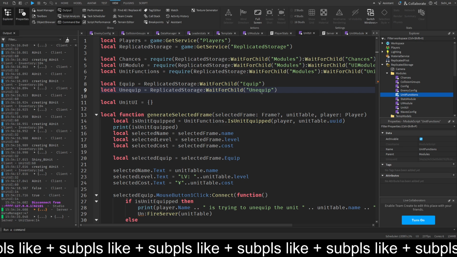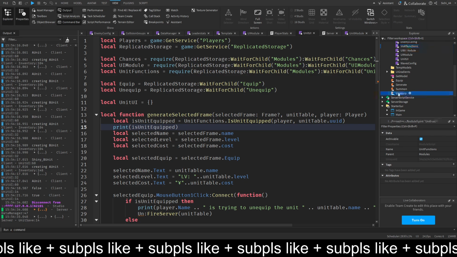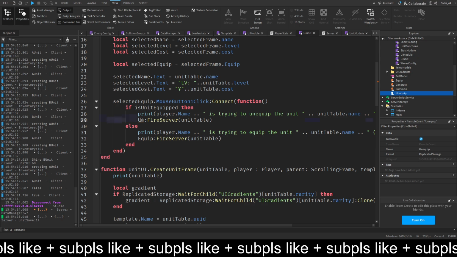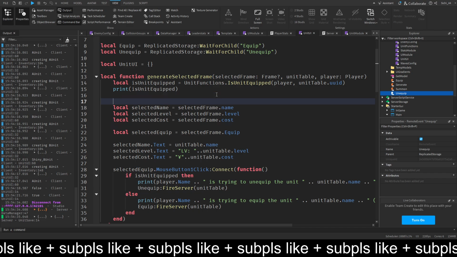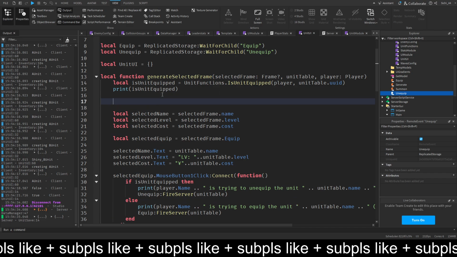If you don't have this here, just go to replicate storage and then create a new unequipped event here. And if we have the unequipped, then we want to fire the unequipped. And also, if the unit is equipped,